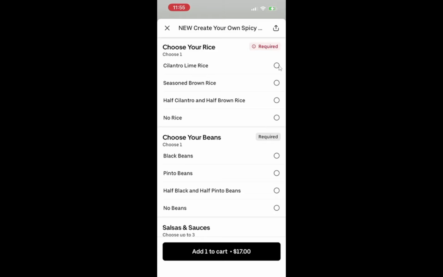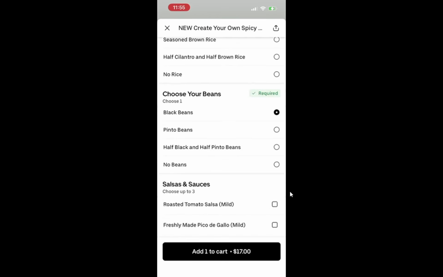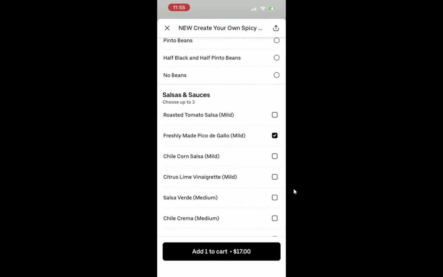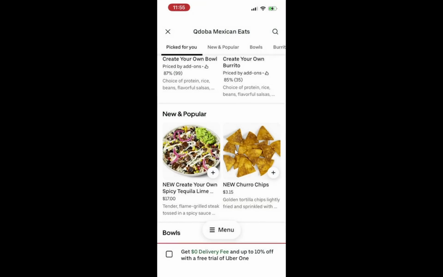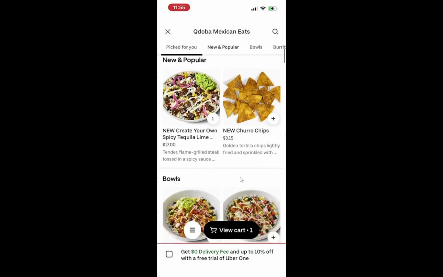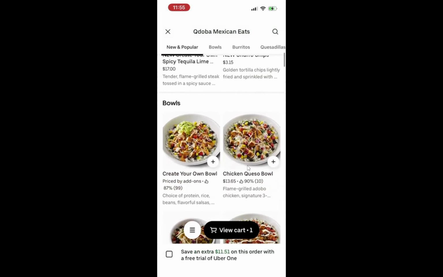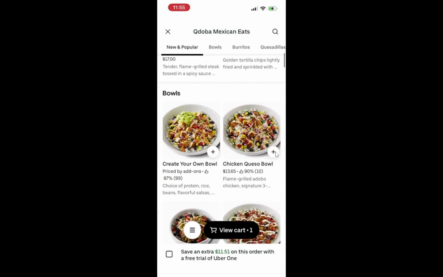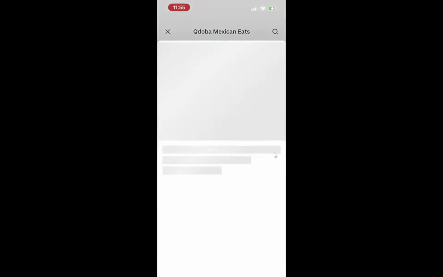When you tap an item, a detail screen opens with choices like chicken, steak, or vegetarian, plus options for salsa, cheese, and extras. Many beginners miss that you can scroll in this window too, so slide down to see every topping and side choice before you continue. The price updates automatically when you add paid extras. Once your item looks how you like it, tap Add to Cart.